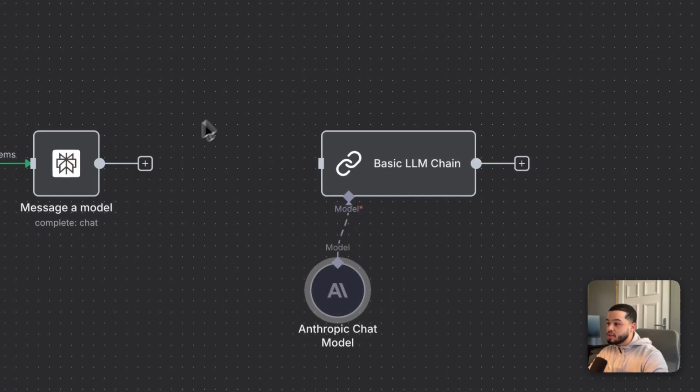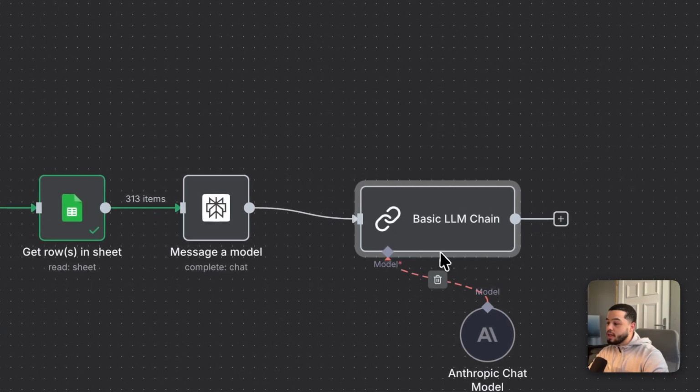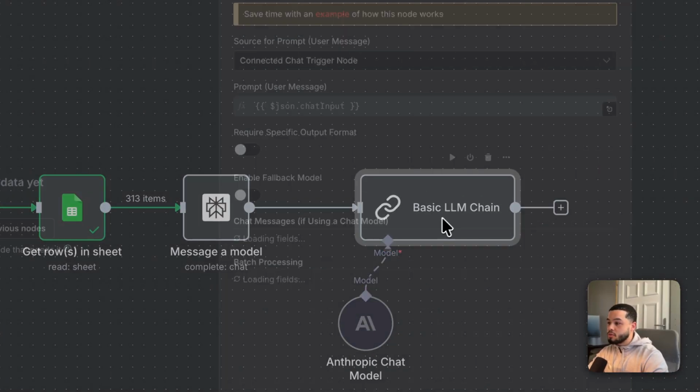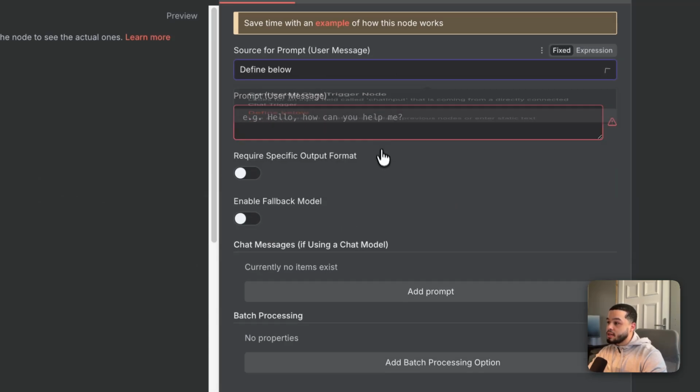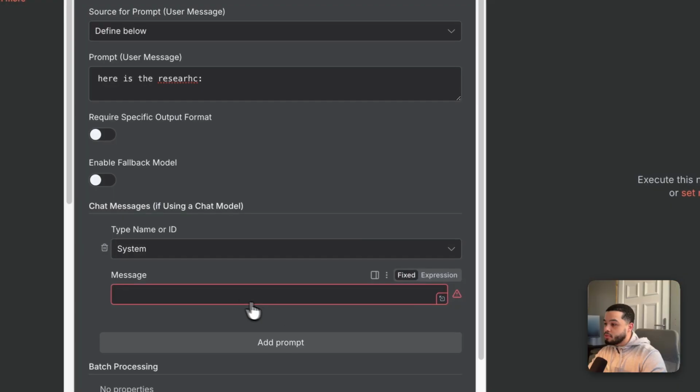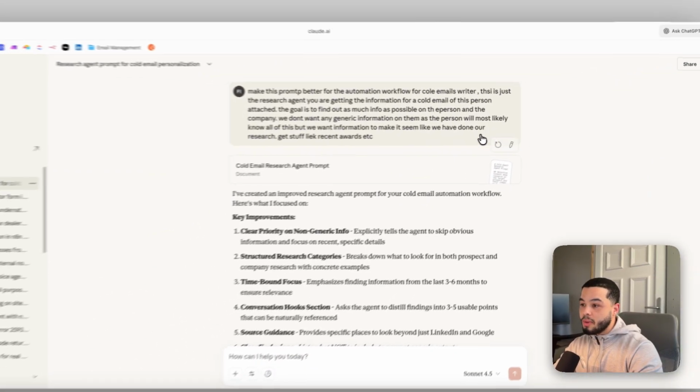We can get rid of this, connect this up here. And in here, we're basically going to prompt it to create the cold email for us. So we're going to give it a prompt saying, here is the research. And we're going to put in the research from the previous model. And then down here in the prompt, the system prompt,